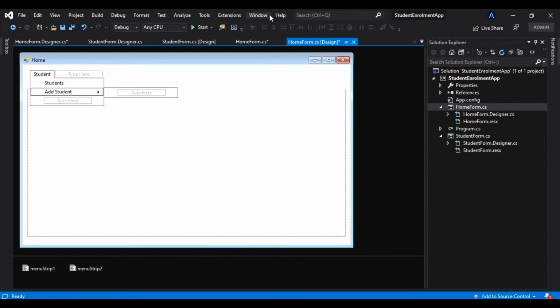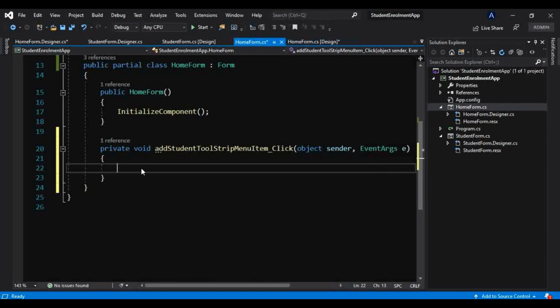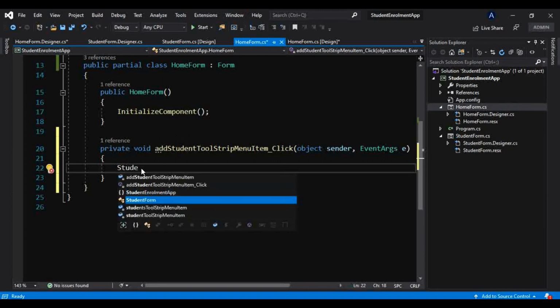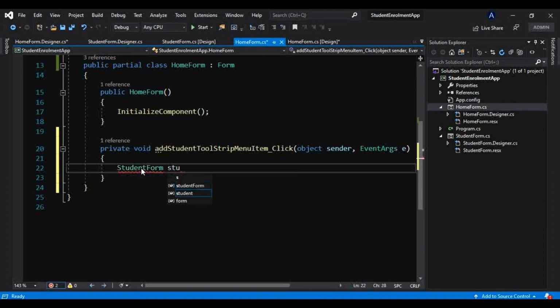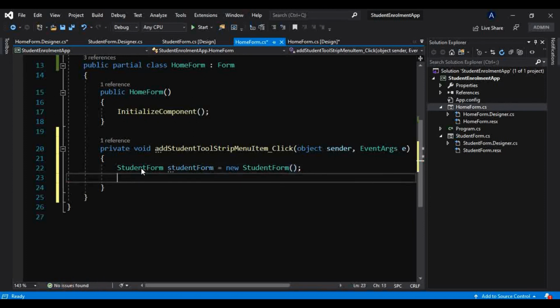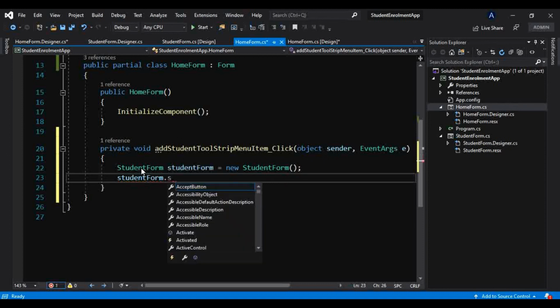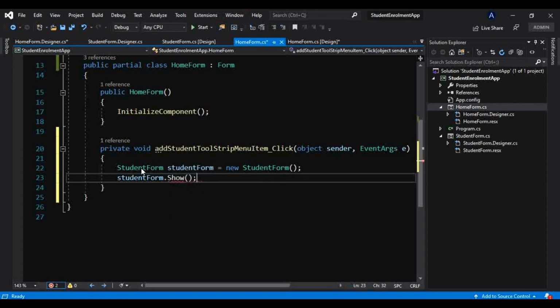So we create an object of the student form, which we will find in IntelliSense: StudentForm studentForm = new StudentForm(), and on that object we call the Show method.